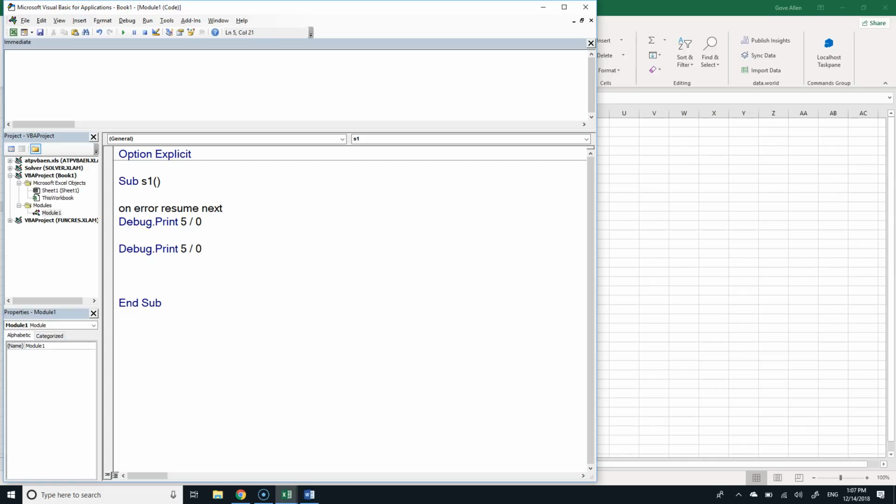On error, resume next says if we run into a line of code that has a runtime error, just skip it and move on. It is a really dangerous thing to have a statement in your code that says on error, resume next. If you ever do this, you're going to limit it around a very small block of code. Because if you just put this at the top of your sub-procedure, you're saying, I don't know what I'm writing here, but if it didn't work, it probably wasn't important anyway, and just move on. So you don't ever want to do that. This line says, if there's an error, just skip it and keep moving. And it's only for runtime errors. Of course, syntax errors, you've got to fix before it'll compile at all.